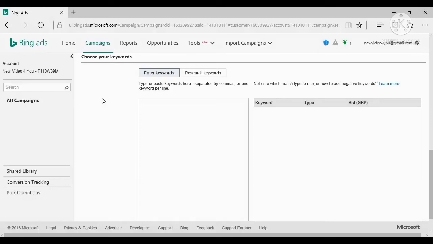You'll be able to choose a bid for each keyword, so you might decide that some keywords are worth more to you than others. And this is very good news because it means you can pay very little for those more obscure keywords that would only get you a few clicks, but that likely wouldn't be very expensive due to a lack of competition. The more good news is that you can tweak and manage your campaign after it's gone live. This means you can see how it's performing and then see how they're working for you. You'll be able to find some more advanced settings here too, such as negative keywords and dynamic keywords. We'll look at these options in more detail in the next video.